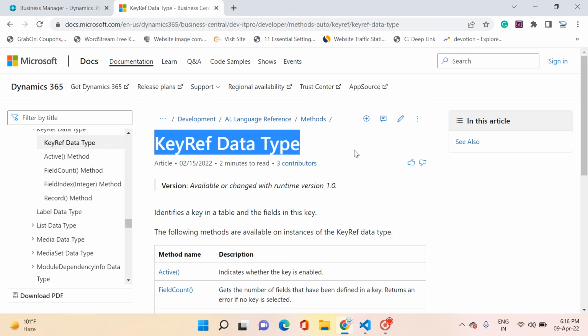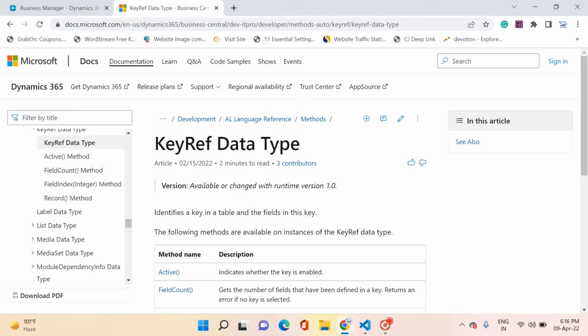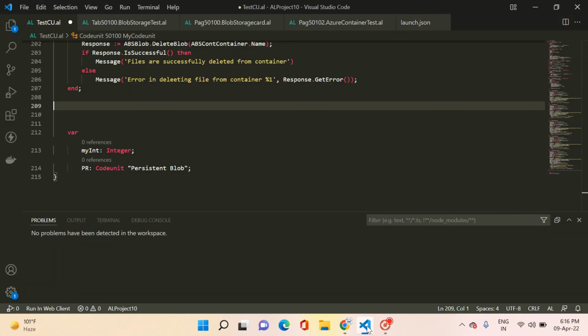All these types of scenarios you can cover with the use of record reference, field reference and key reference. So today we will touch upon the topics of record reference and field reference, but the main core part which I want to cover in this video is key reference. If you see the definition here, it is written that it identifies a key in a table and the fields in this key, right? So for example, let's say I